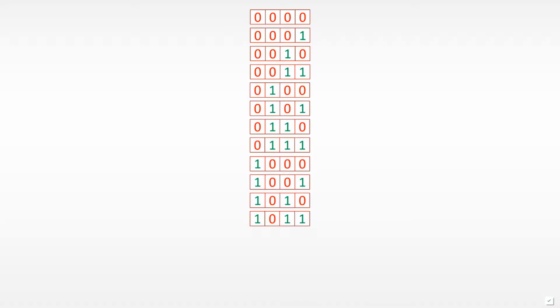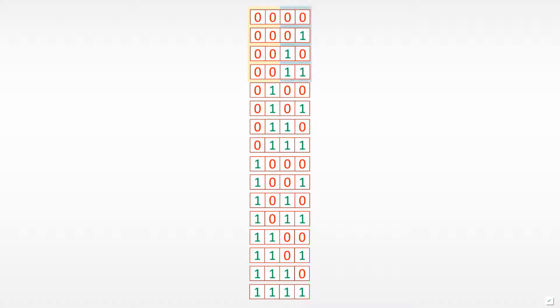And in fact, there is 16 possible combinations. If you look at the first two numbers on the top left, where the first two numbers are 0 and 0, and then look at the second pair of numbers, you should convince yourself that there is actually only 4 different possibilities there. We can have 0 and 0, 0 and 1, 1 and 0, or 1 and 1. If we do the same thing with the first two numbers being 0 and 1, and then the first two numbers being 1 and 0, and then the first two numbers being 1 and 1, we end up with 16